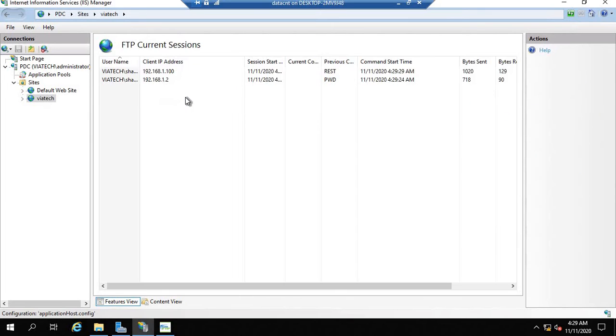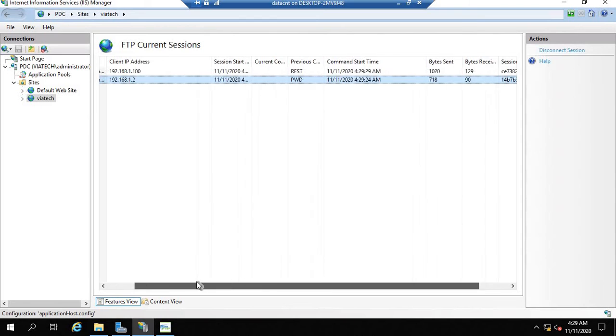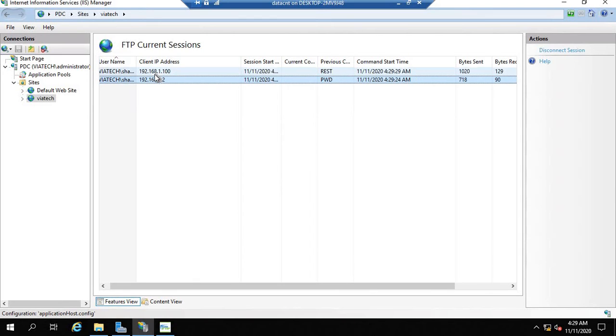Now the first one is the session over here. If you want to disconnect the session with prior information, we do have an option here. See, you can disconnect the session also, or if you feel that there is a heavy load. Before we disconnect, you need to see all these things: who is the source, who has connected to this FTP server at this moment, when the session was started.